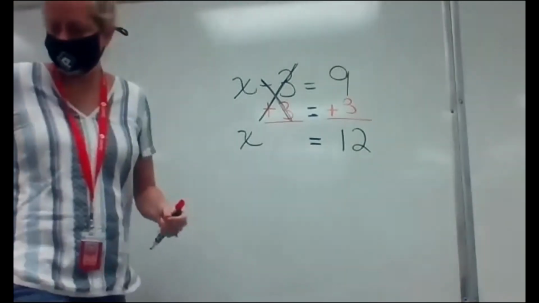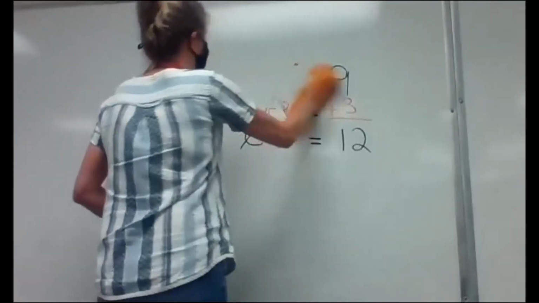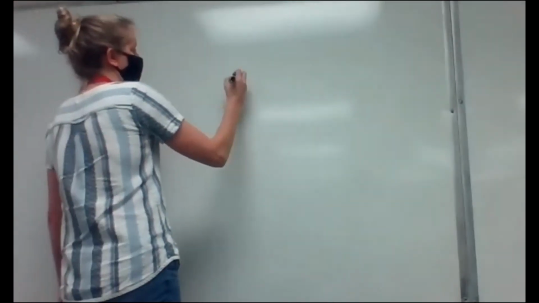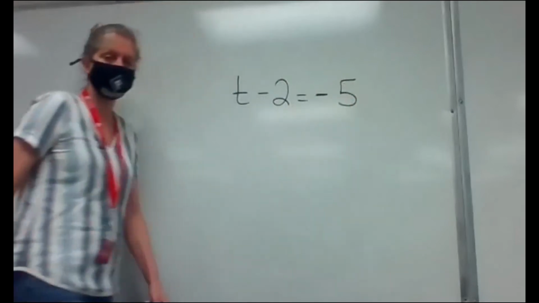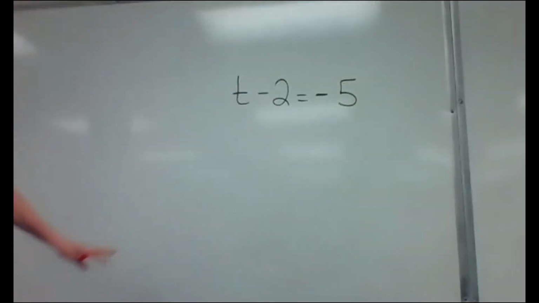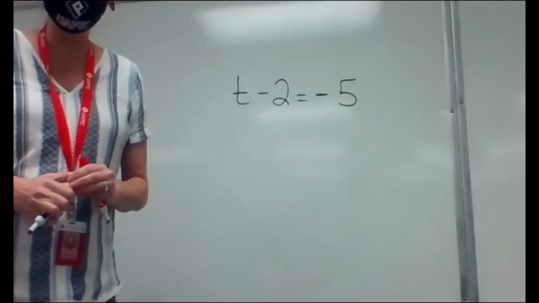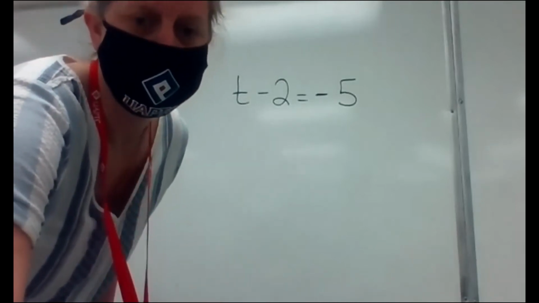Okay? Let's look at some more. A problem like number 2. T minus 2 equals negative 5. So again, this time they're using a t instead of an x. The variable still wants to be alone, okay? Which means I need